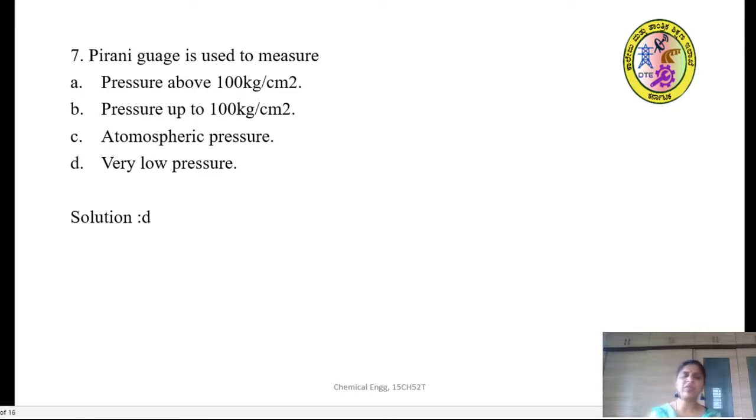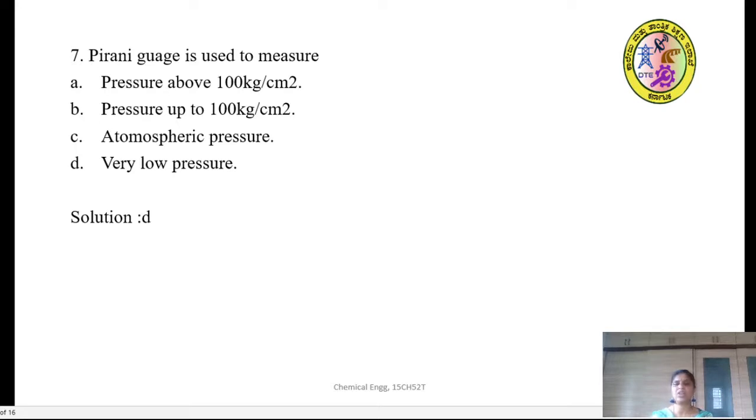In the exams, for 5 marks, they may just ask you to explain the principle of working of the Pirani gauge. For 5 marks, you need not write the diagram, you just write the description. When it is asked for 10 marks, covering the construction, working and principle, you need to write the diagram along with the explanation. The diagram also carries some marks.